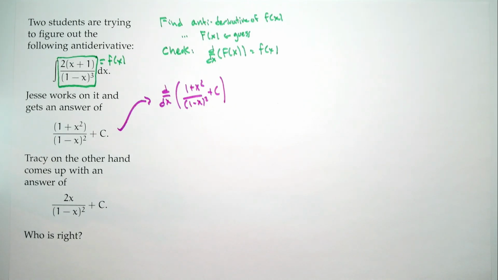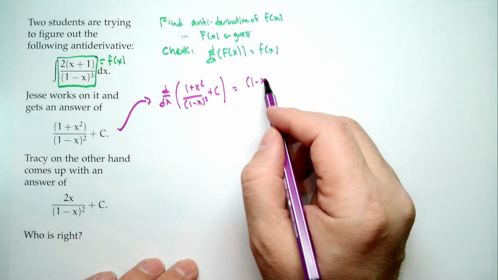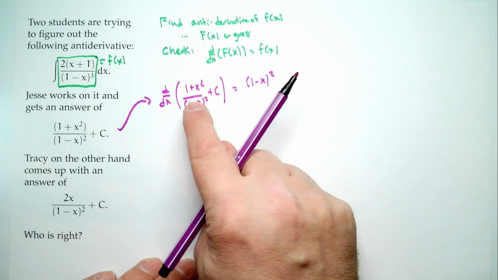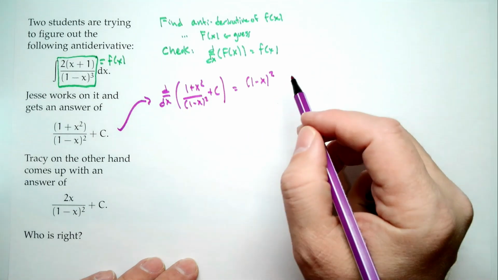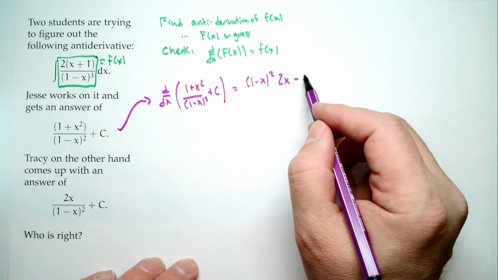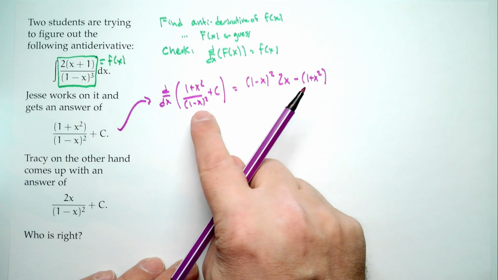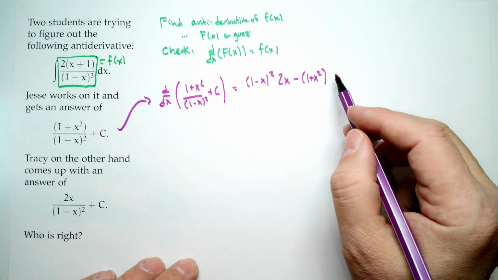Quotient rule. So we're going to take the bottom term, that's 1 minus x quantity squared, times the derivative of the top, which is 2x, minus the top, which is 1 plus x squared, times the derivative of the bottom, which is